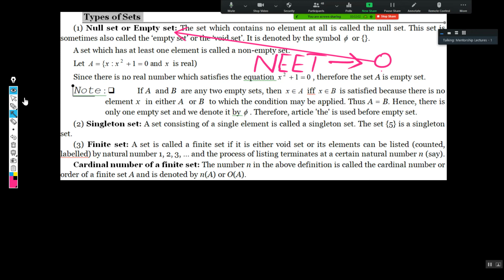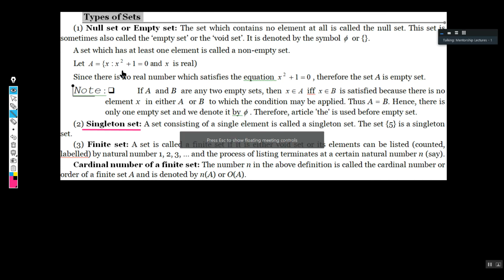Everyone can understand that. Now, singleton set. I don't want to extend it more, because in the name itself you can find the meaning of it. That is why I don't want to take any examples. Singleton set means it consists of only one element. But why I am discussing this much: whenever definitions and side headings like this come, you think that this is all mathematics and we don't have any real life applications, but everything will have a real life application.